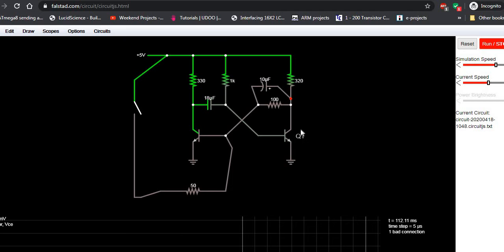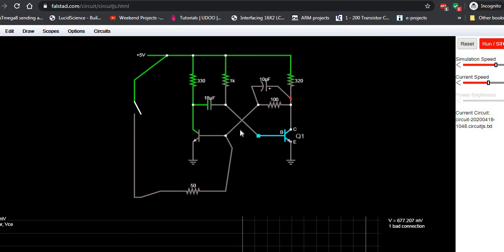Before the simulation, let us observe the voltage at the collector of Q1 and collector of Q2. See here, the voltage at the collector is 45 millivolts. 45 millivolts is approximately 0, right? So 0 means this transistor is in on state. Let us confirm whether Q1 is on or off by looking at the base voltage. This base voltage is 677 millivolts, means 0.67 volts. So base voltage is 0.67 and collector voltage is approximately 0. So transistor Q1 is in on state. Triggering is not applied, transistor Q1 is in on state.